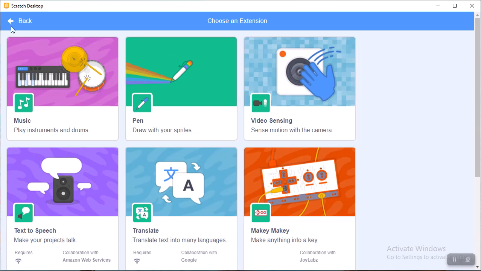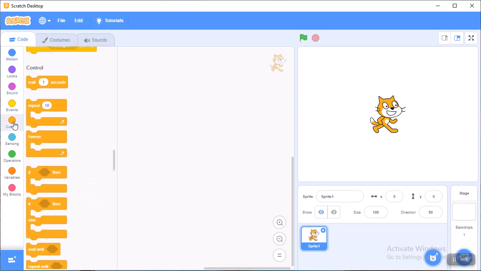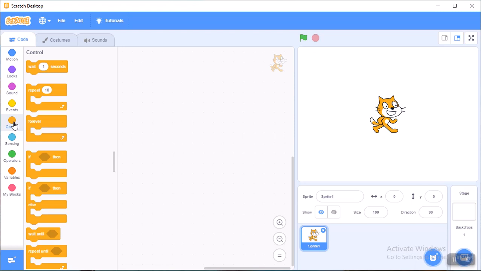Now I am moving back and showing you the blocks. When you click on any block, motion, looks, sound, events, control, all the blocks related to it appear inside the blocks palette. So this area is called the blocks palette.